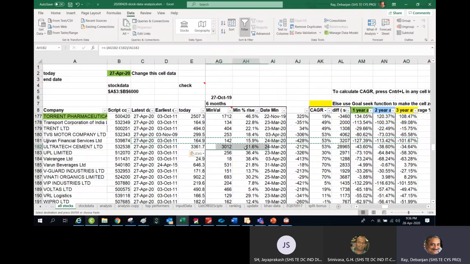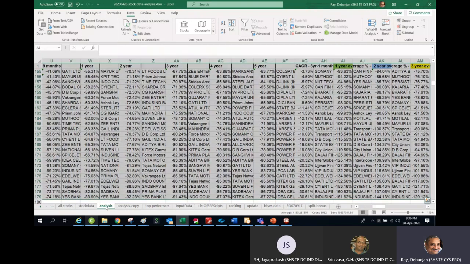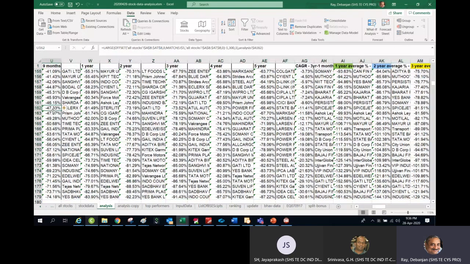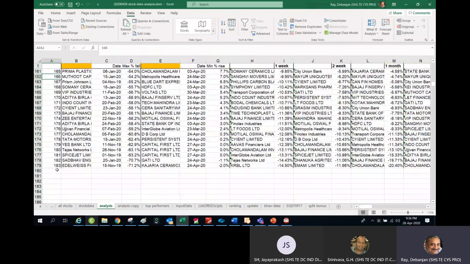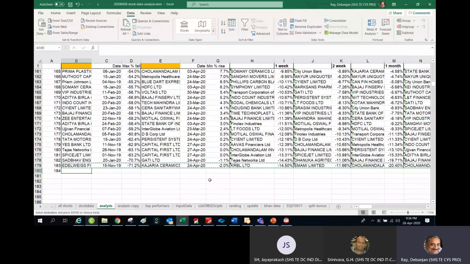Okay, and you will see automatically you will get this one updated. I again follow the same standard and do the analysis. Now in the analysis, you will see a total of 183 companies were added. I have added one more, so I just extend this. I copy the whole row and copy the same formula.